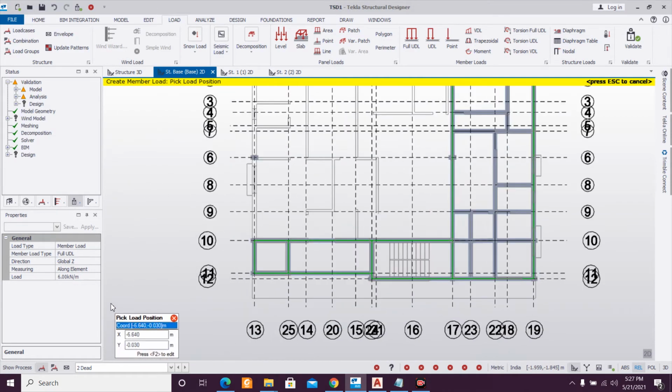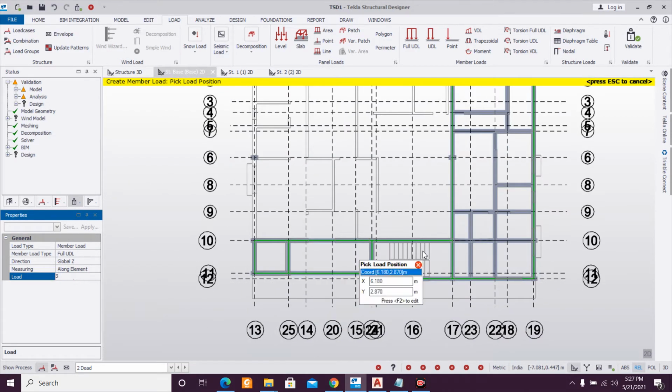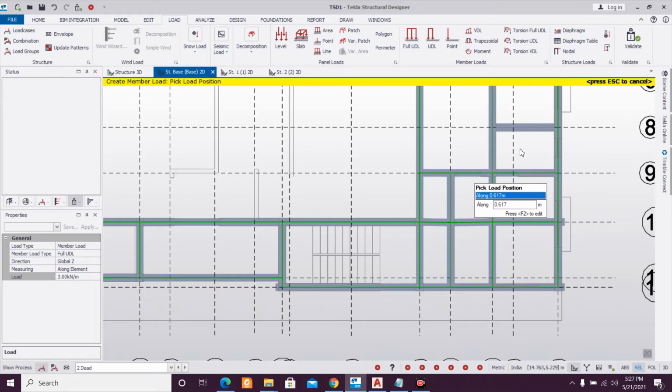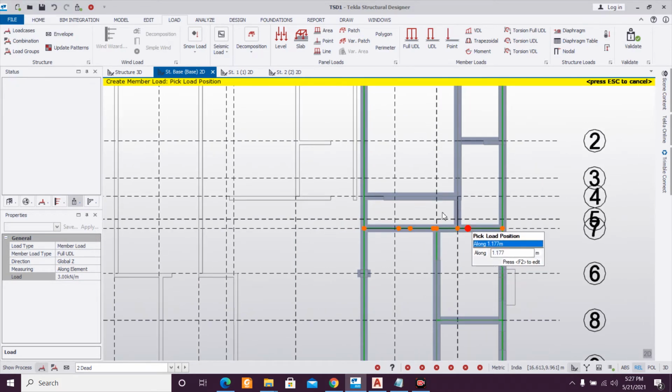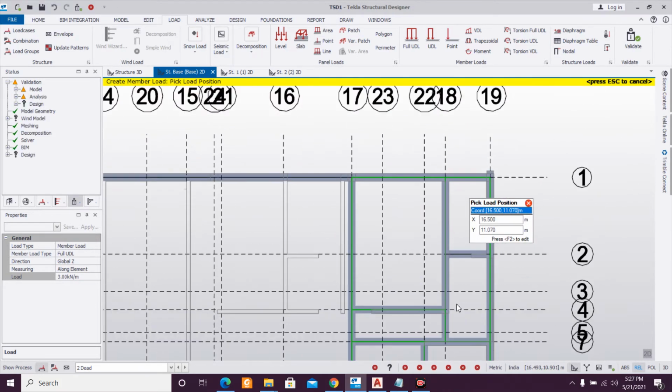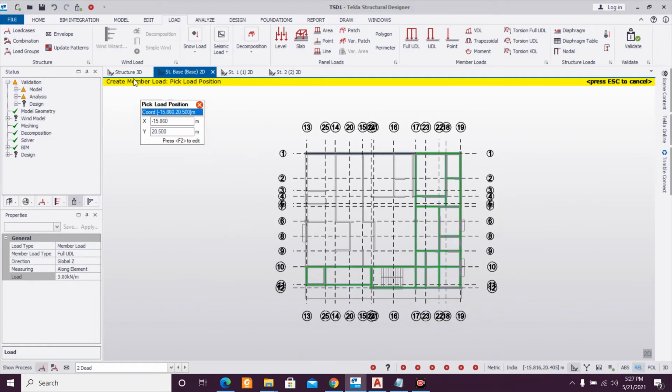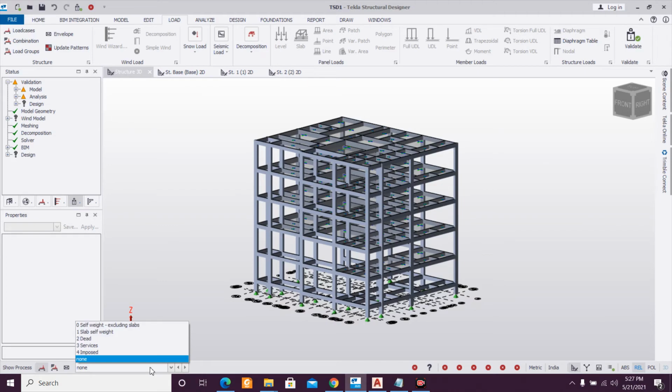So after this, let's give this 3 for the internal ones. Turn on the dead load.